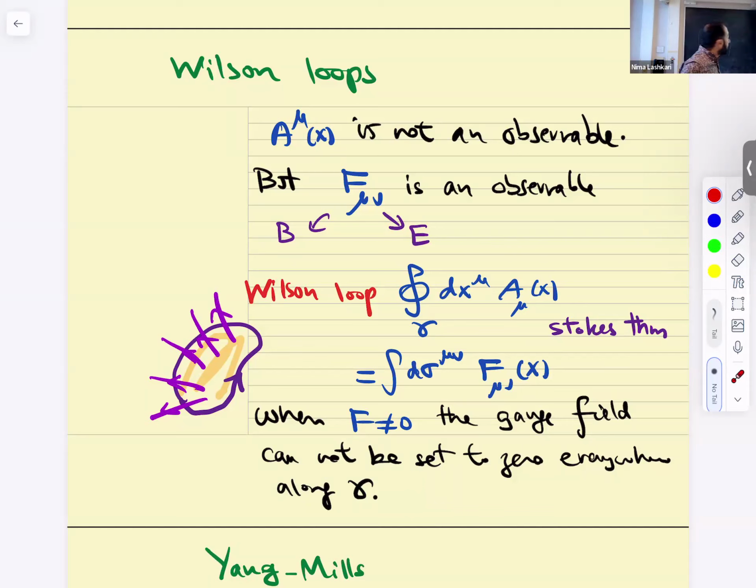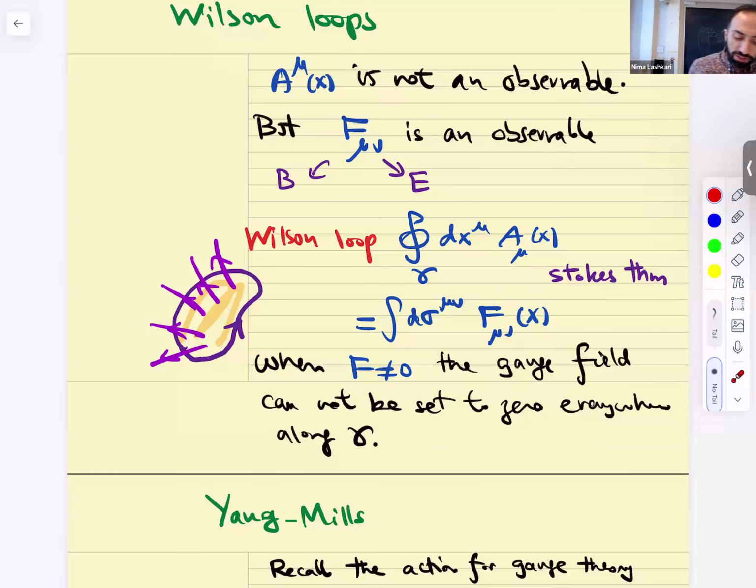It's pretty clear that we're going to build out of this. Oh, actually, I just thought of a good homework problem. We're going to build out of this, the physical field, a Hamiltonian, Lagrangian density, all of that, not out of A mu. All right, so what's the Wilson loop? A Wilson loop is where you go around the loop and you integrate dx^mu A_mu of x.